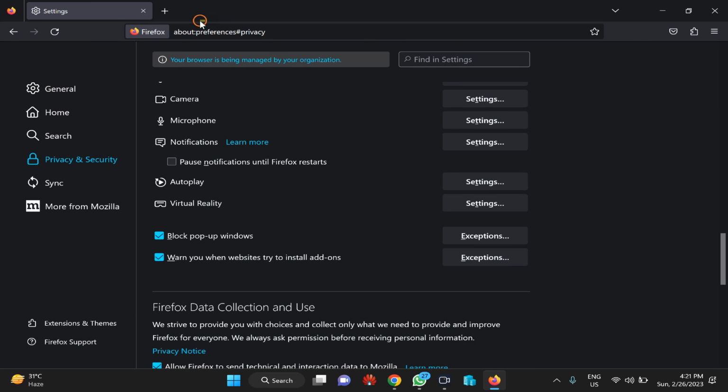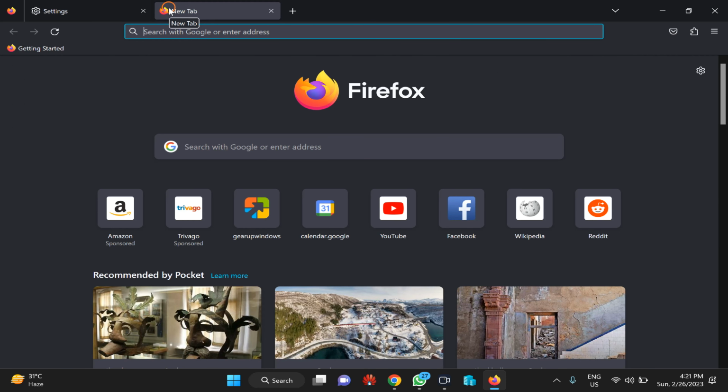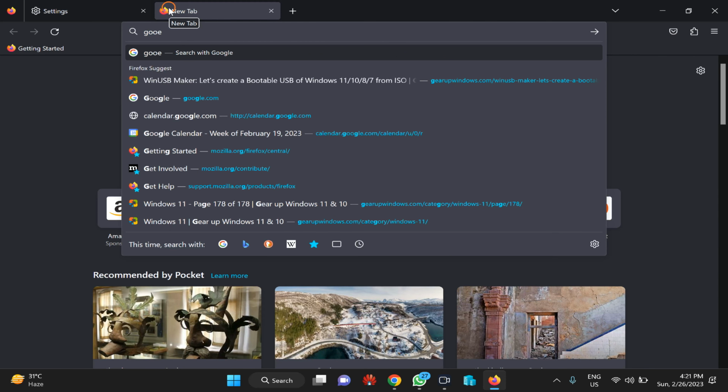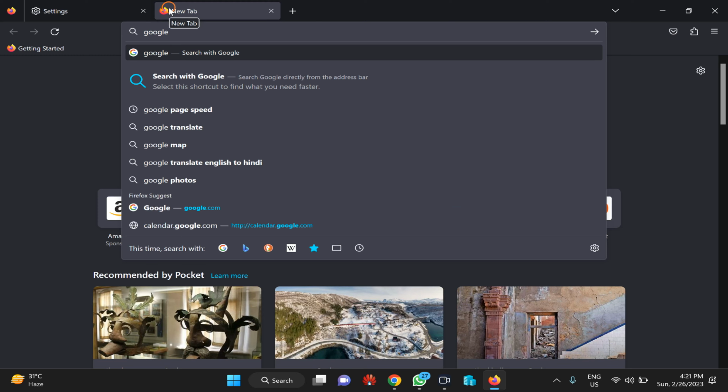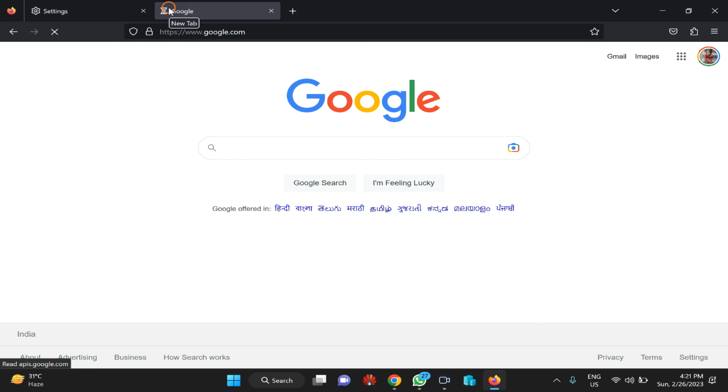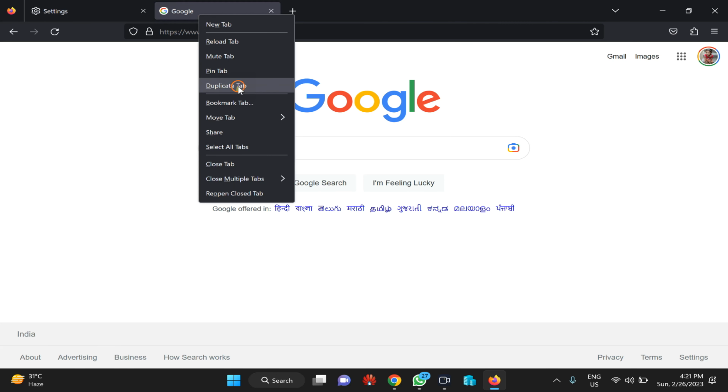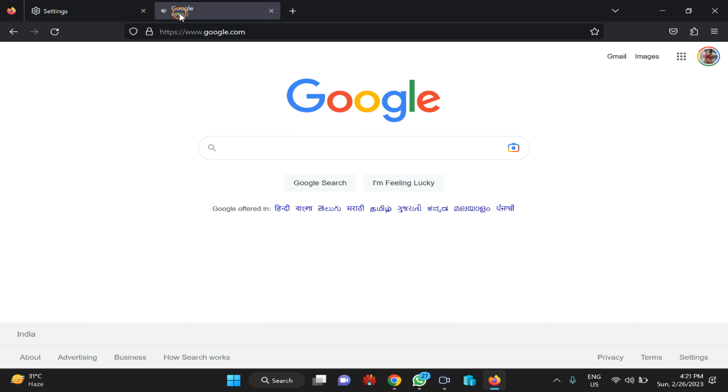And in case some websites ignore this, for example google.com is not following this setting and producing sound, then what you have to do is right click on this one tab and here select mute tab. You will see a muted